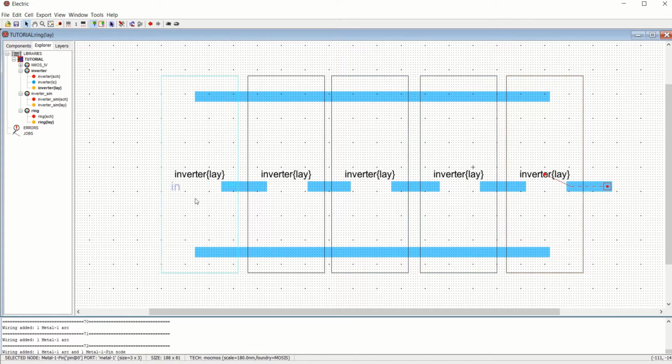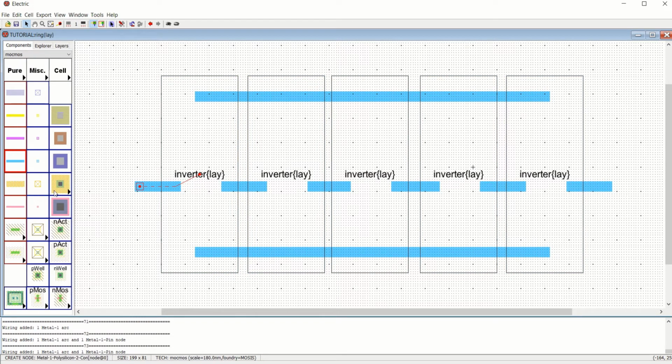Similarly do this. But overlapping will happen if I use the same material. So what I can do is, I'll be changing the mode from metal 1 to metal 2. Here this shows that it is a metal 1, or you can use this metal 1 metal 2 contact. I'll be placing this nearby, and I'll use 2 contacts, that's all.